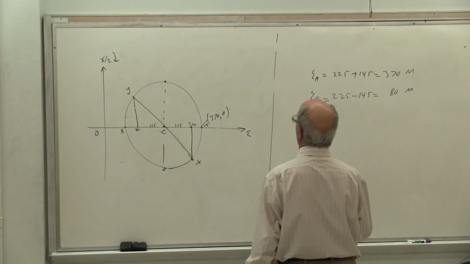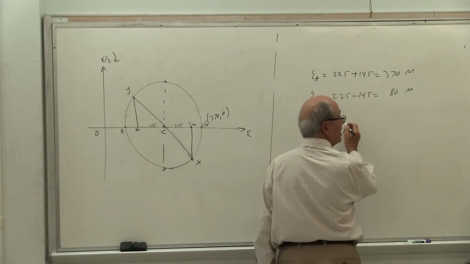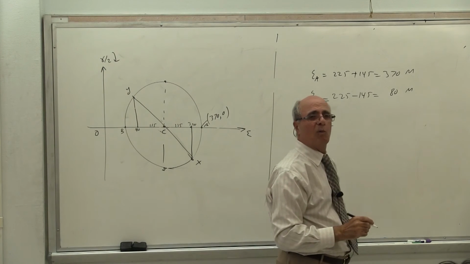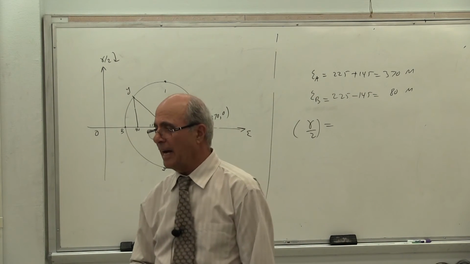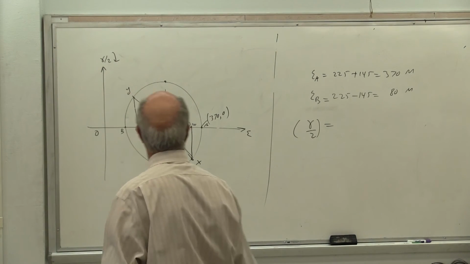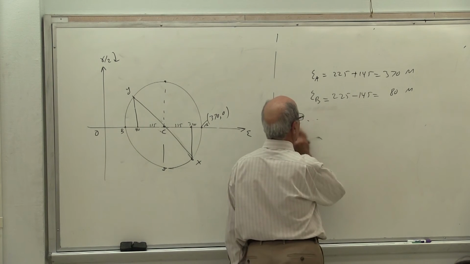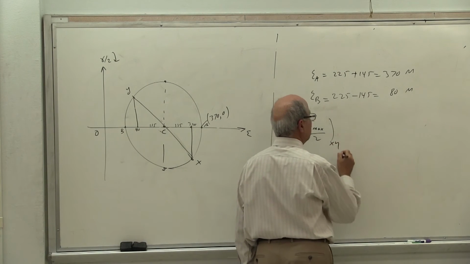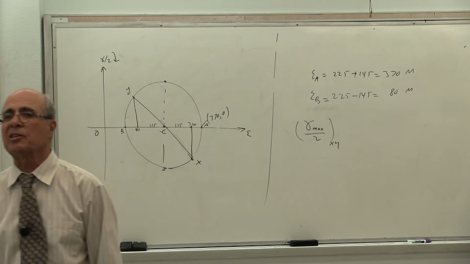The in-plane gamma. But there we said tau equal to radius. Yes or no? But here I have to say gamma over 2 equal to radius, because I'm plotting this for the half gamma, yes or no? So gamma equal to radius. This is gamma, write it down. If you want to write it correctly, this is gamma max divided by 2, but it is in the xy plane because I haven't changed the circle yet. Is that correct or not?